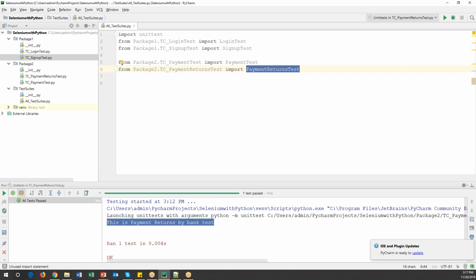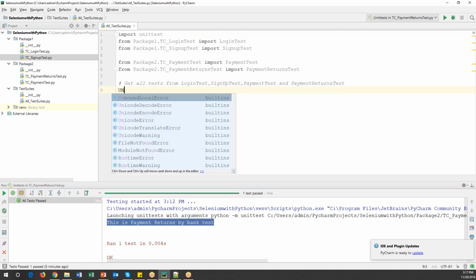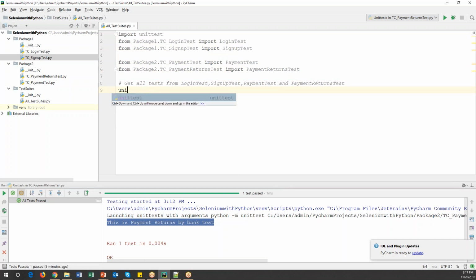Okay. So now I will get all the test methods from every test case. Like get all the tests from login test, sign up test, payment test, and payment return test. Whatever test methods we have created for each and every individual class, I want to get all of them. So to get all of them, we have to use a specific command called UnitTest dot